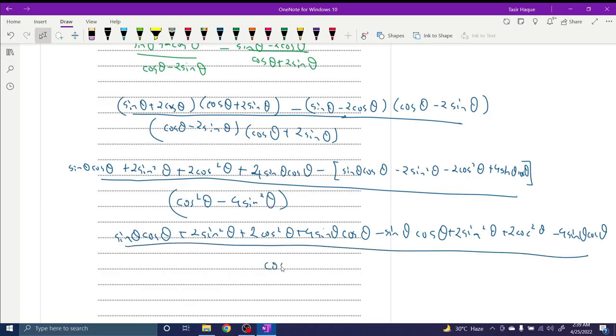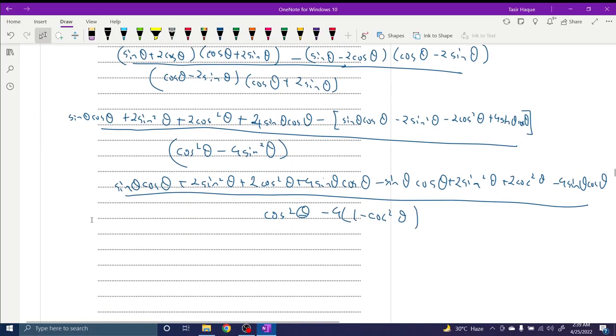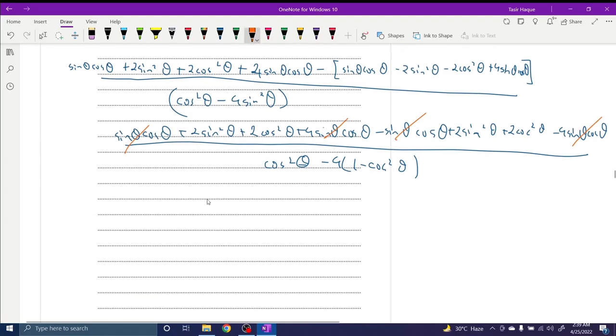Okay, below it's going to be cos square theta minus 4, 1 minus cos square theta. We want it in terms of cos square theta, right? So these are gone. This is also gone. We end up with 4 sine square theta plus 4 cos square theta. Cos square theta minus 4 plus cos square theta. 4 sine square theta plus cos square theta, which is 1,